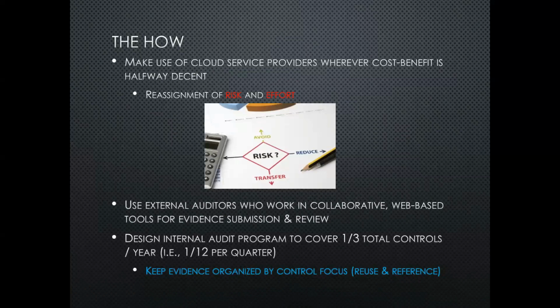Generally, the maximum acceptable is that you're covering them all every 3 years. So you're doing a third of the controls assessment each year, and you break it up into quarters, you're doing a 12th of the controls each quarter. It's a much more manageable workload for you, especially if you're the primary internal auditor. But even if you have to work with someone who is acting as the auditor and coordinate with them, it helps you to reduce the focused level of effort in a shorter period of time.